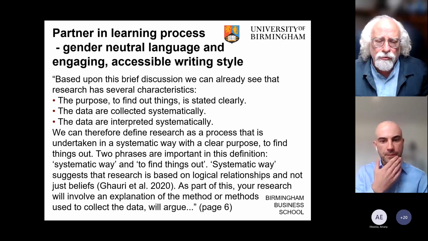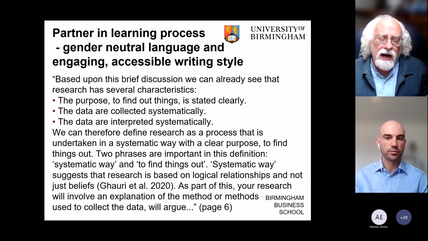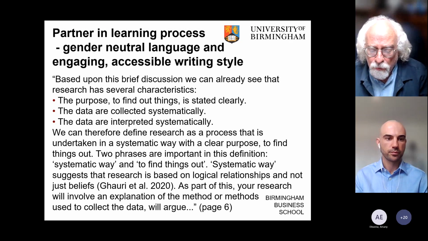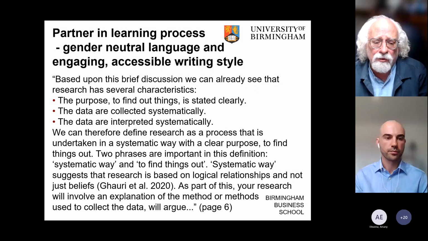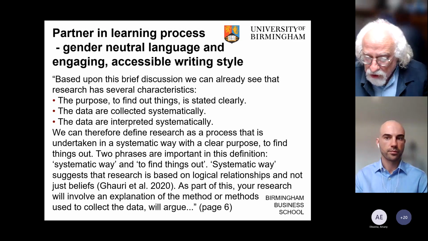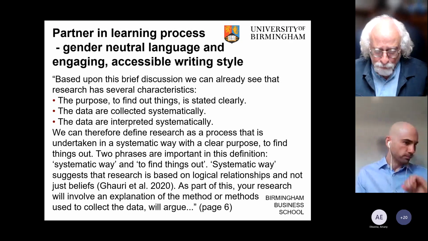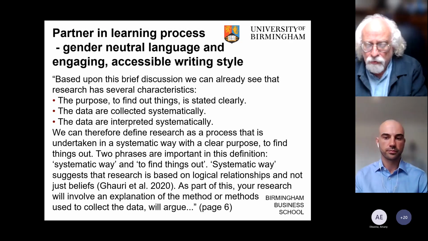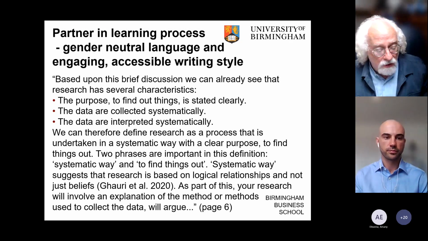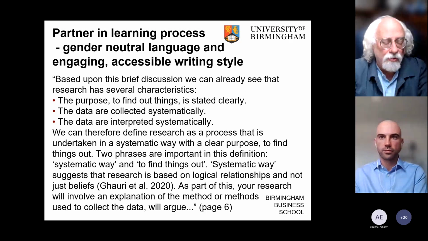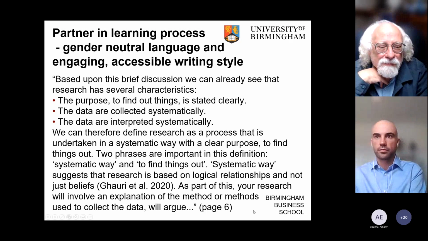you'll be doing this. So what we've tried to do is to not write in an unacademic way, so there's still references in there, but try and write it in a way which is accessible, particularly to people who may not have English as their first language. So we're still using the correct terms, but we're not actually putting lots of long words in, and we're trying to engage them by talking about we and they. So we very rarely, unless we're talking about a particular person, are using gender-specific language. So let's have a look at how this might work out a bit more in the way the book's structured. Next slide, please, Daniel.